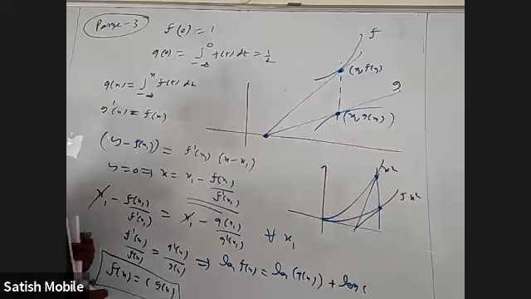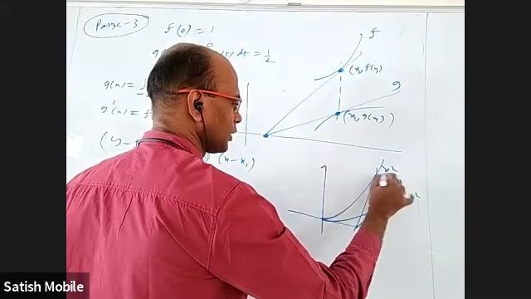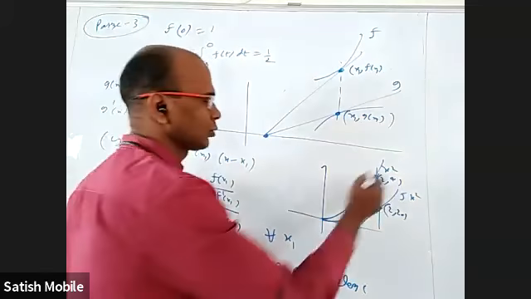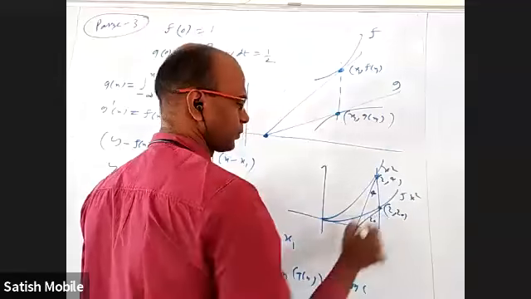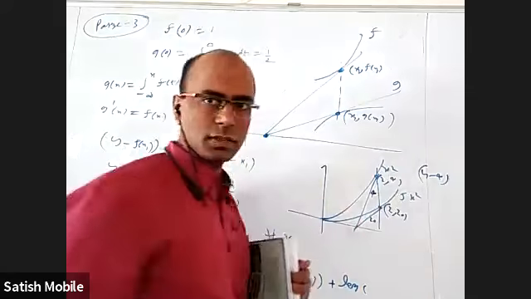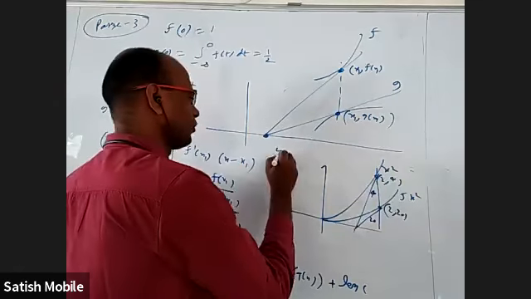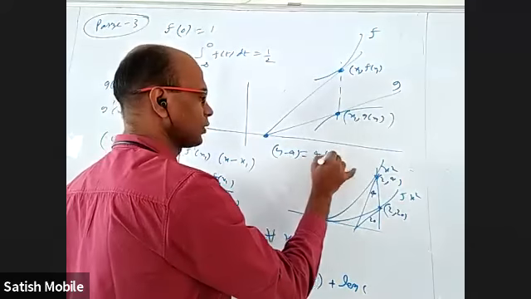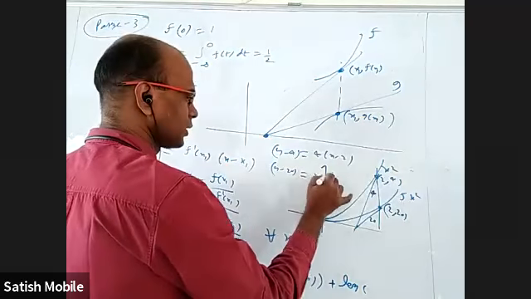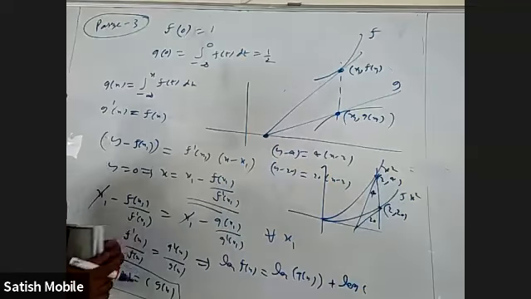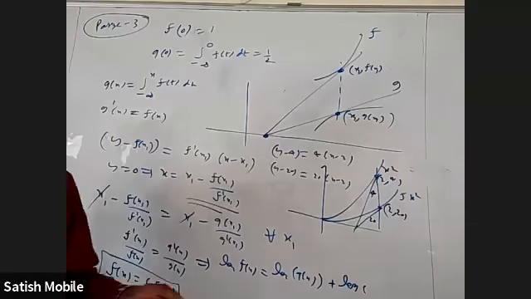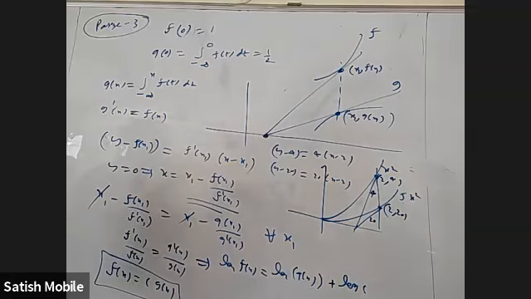For the matter, if you take here 2 comma 4 and 2 comma 20, what is the slope of the tangent here? 2x is 4, here 10x is 20. And the equation of tangent here is y minus 4 is equal to 4 into x minus 2. And the equation of tangent here is y minus 20 is equal to 20 into x minus 2. If you want to find the x-intercept, you'll put y equal to 0. When you put y equal to 0, 4 and 4 will cancel, 20 and 20 will cancel, both will give you 1.